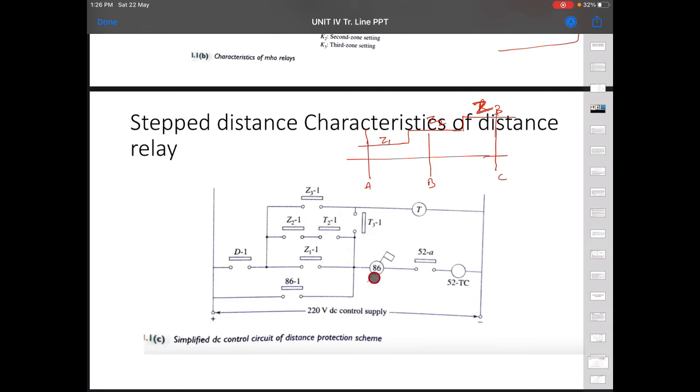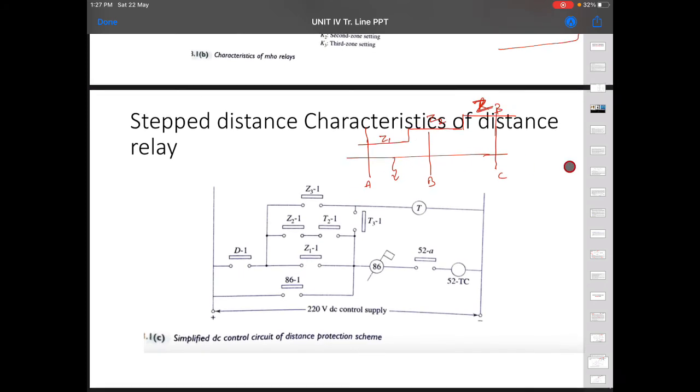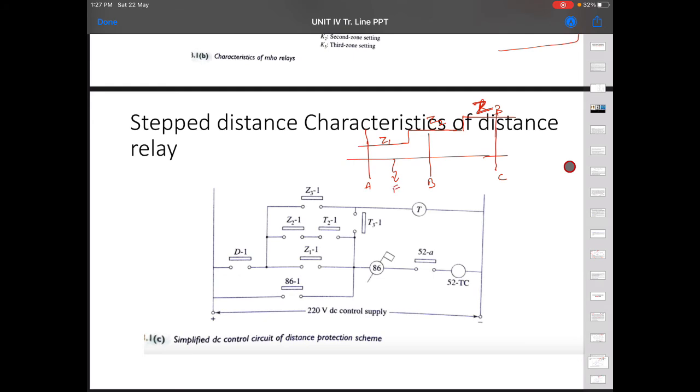This is the explanation for only relay 1. So whatever I am explaining is only for relay 1. It holds good for other relays also, because all the relay characteristics are the same. Now, if there is a fault in zone 1, okay, then